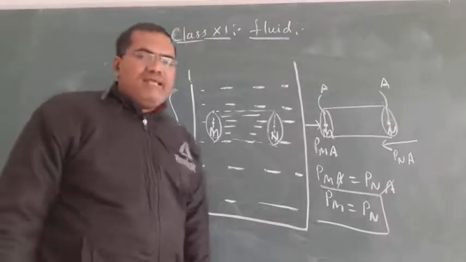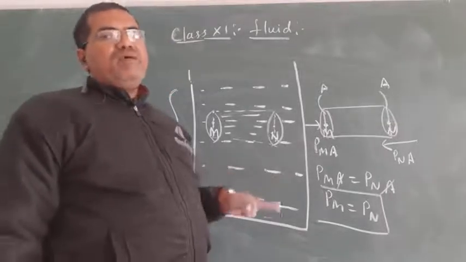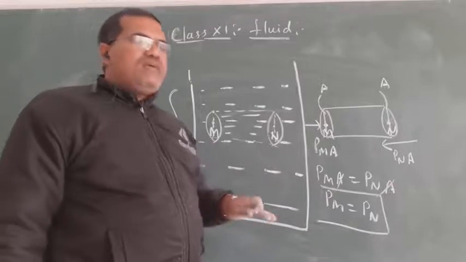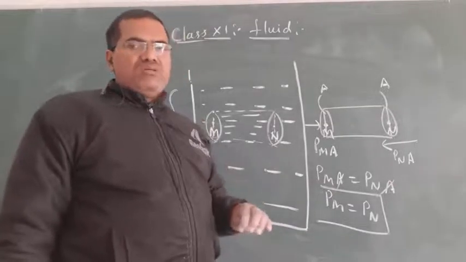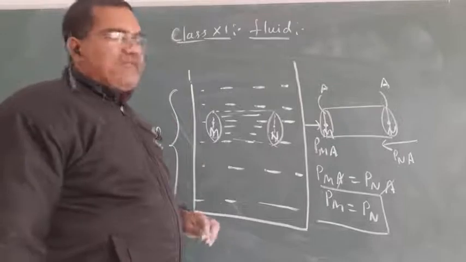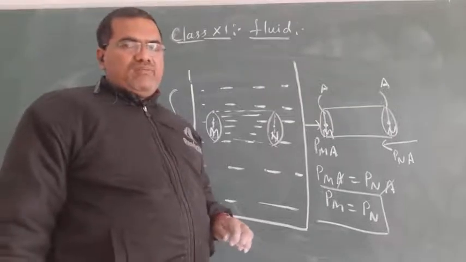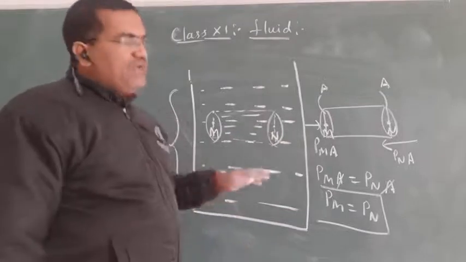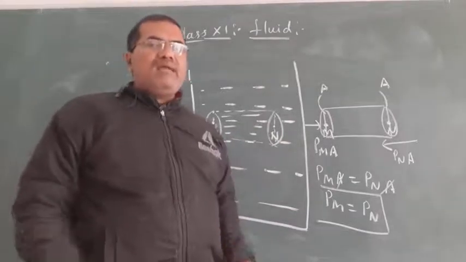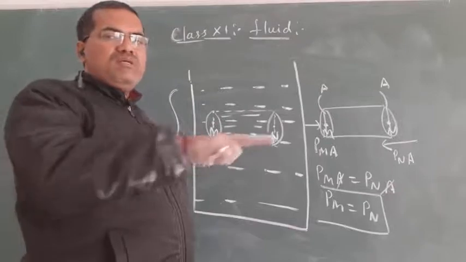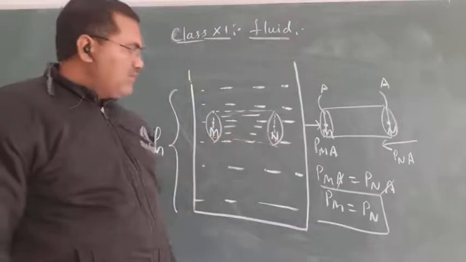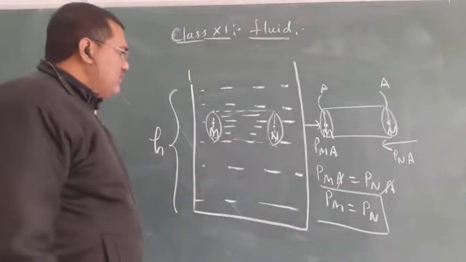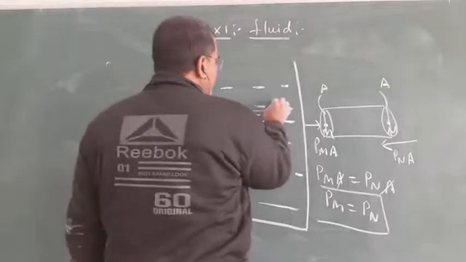So pressure is the same on a horizontal level of the liquid, or you can say at any horizontal layer in a static liquid. Pressure varies height-wise, but in the horizontal direction pressure will be the same at the same level of the horizontal layer. Consider a point here.